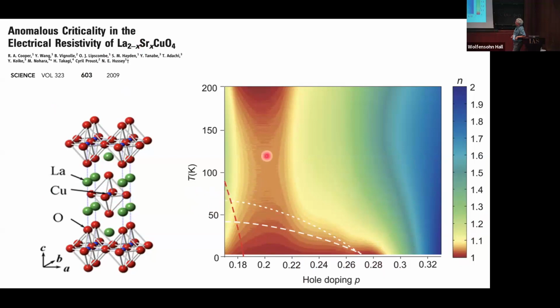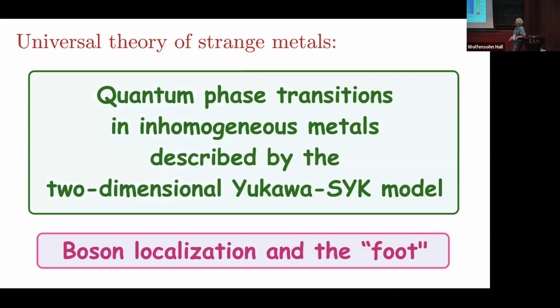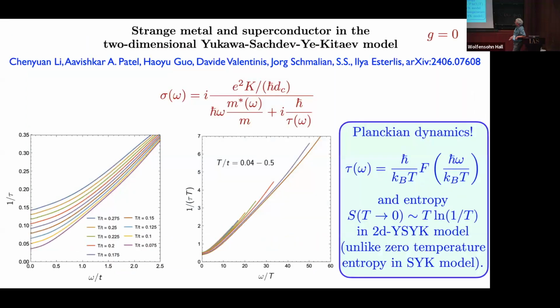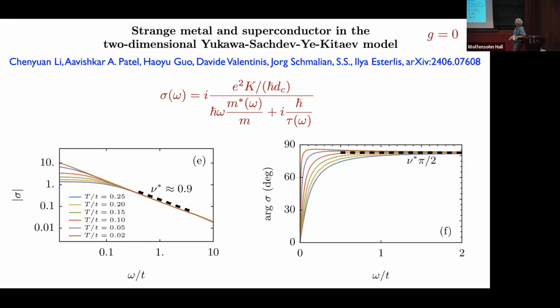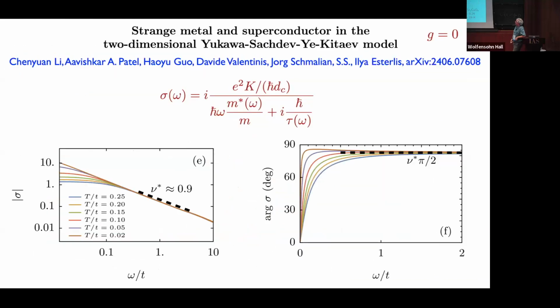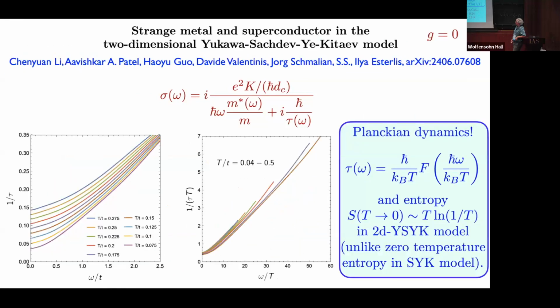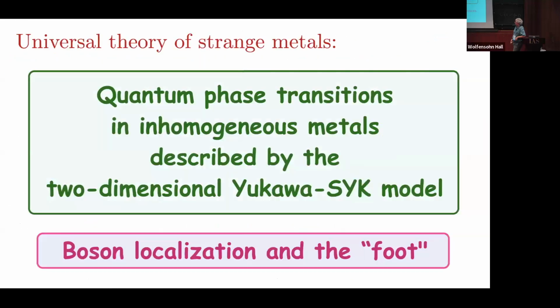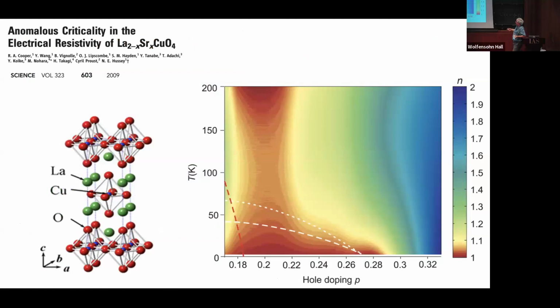So what you see is this quantum critical fan. There's this fan up here, which is quite similar to this fan here that we get in our theory, where we just solve these Green's functions, though we're only on one side of the transition. But you see, you get what's called the foot. You get some other extended critical region at very low temperature where the resistance is still linear in temperature.